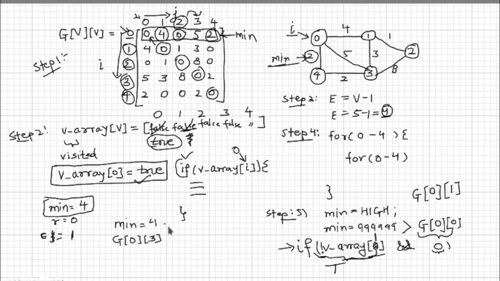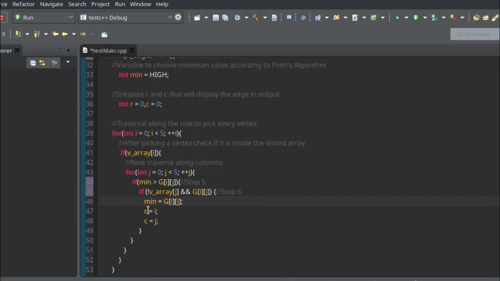So now we are going to compare these two values according to this case, which is this one. Let me show you here. This case is actually used for comparing the value of min to each and every value of the row that we are concerned with. So whenever we find a value which is less than the minimum value,